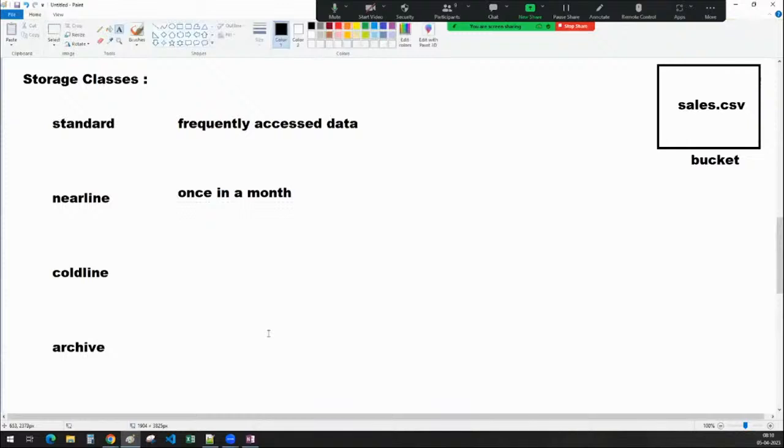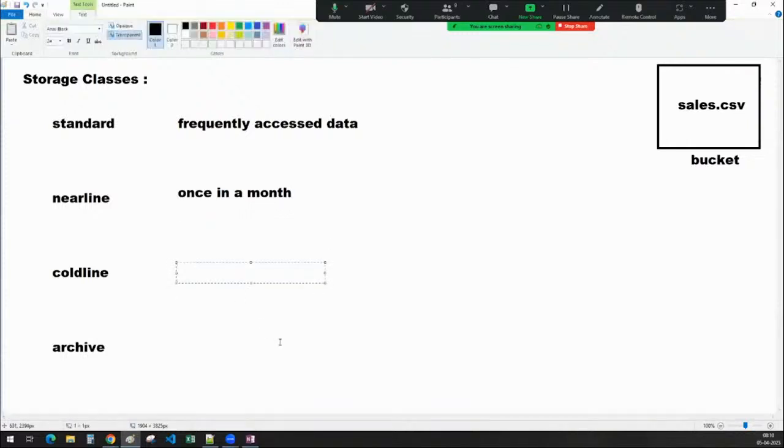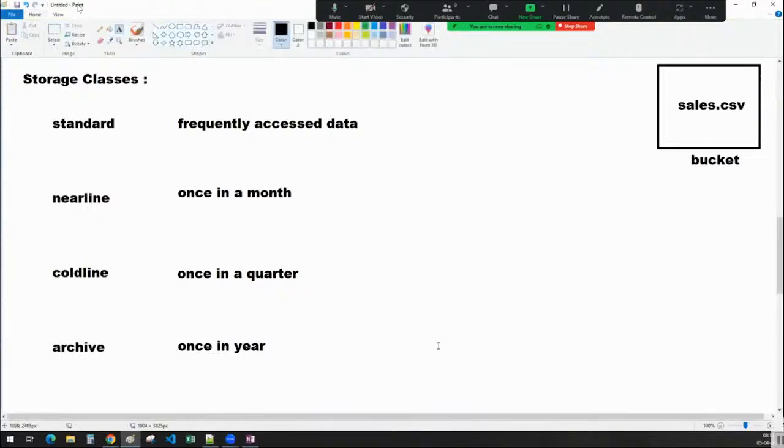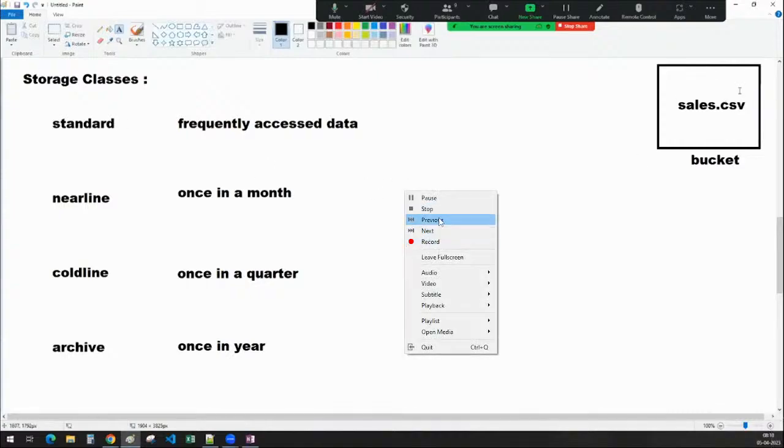And one more: no, it is not once in a month, we are just accessing it once in a quarter. Then you can go for coldline. And one more is once in a year. What are the advantages that we are getting? I will tell you, sir, but just understand the concept first. So if you have a file inside a bucket, if you are accessing all those